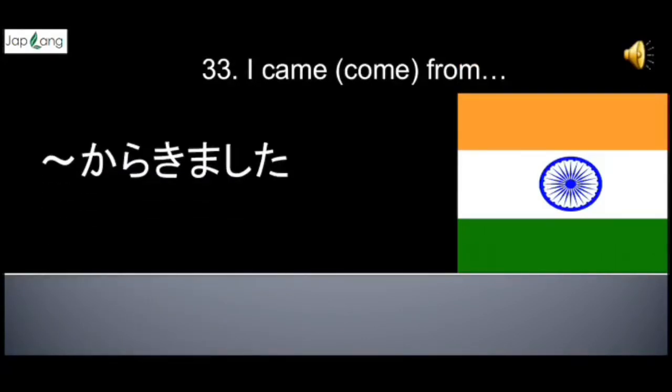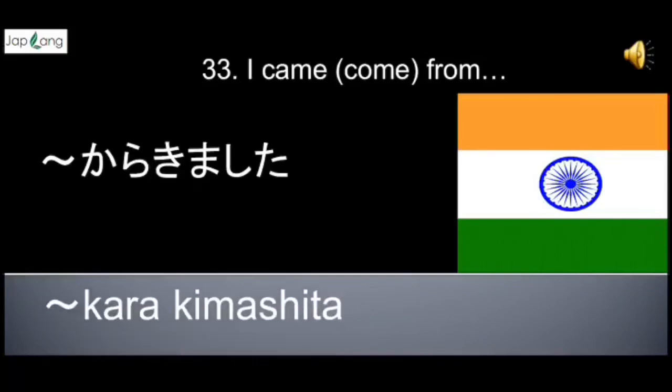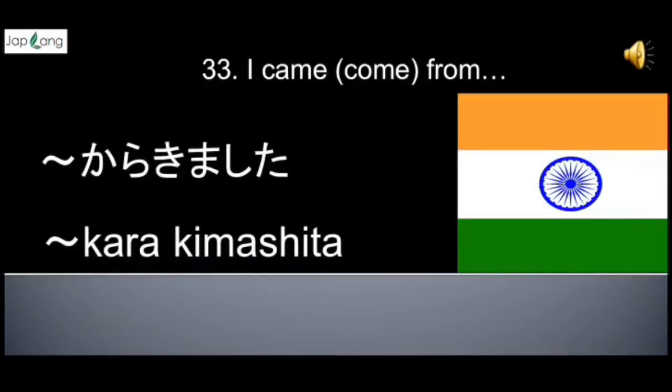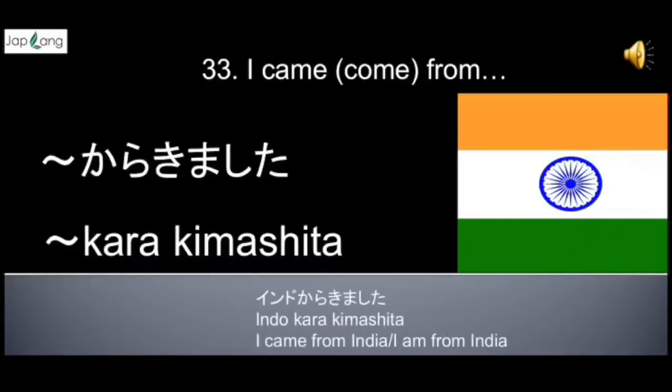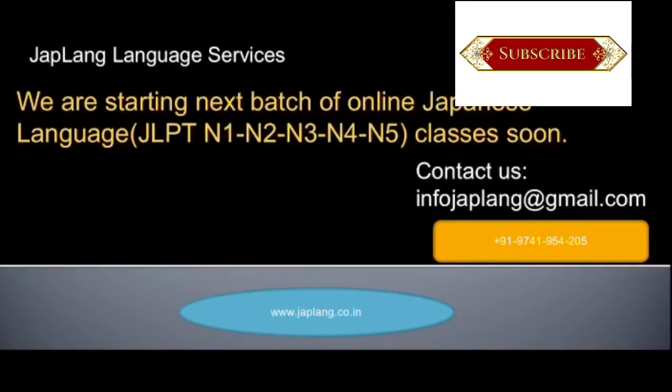It says I came from India. How do you say I have come from India? It is place karakimashita. If I have come from India, I will say Indo kara kimashita. Here the example sentence, Indo kara kimashita, literally means I came from India, or I am from India. Let's listen to the Japanese sound. から来ました。